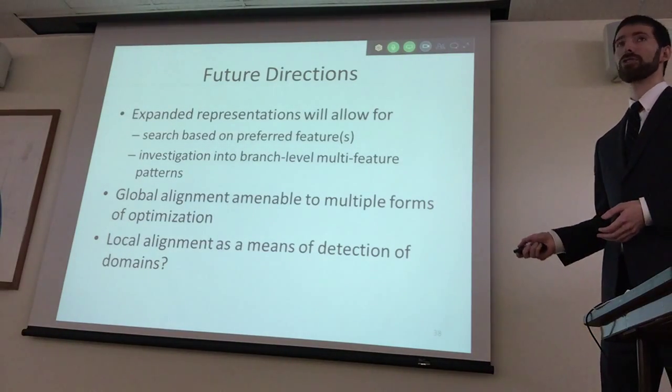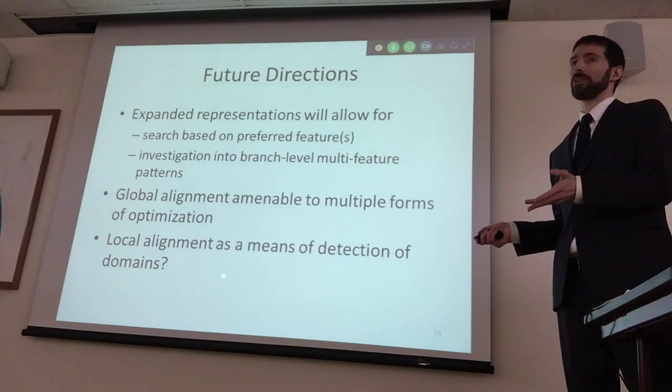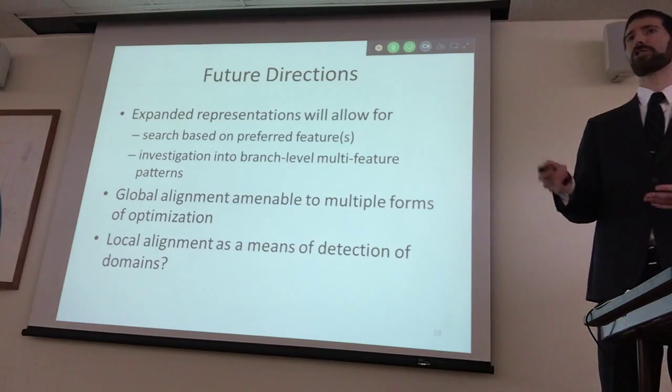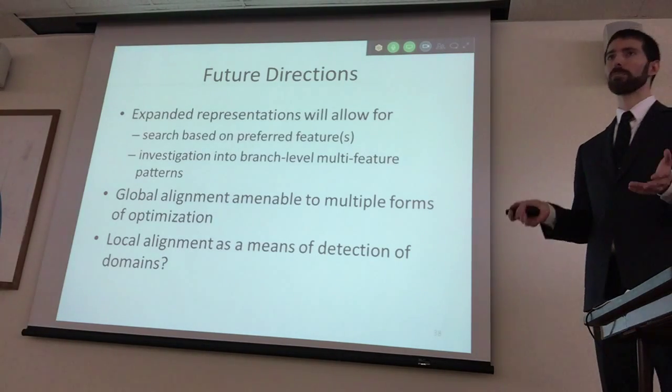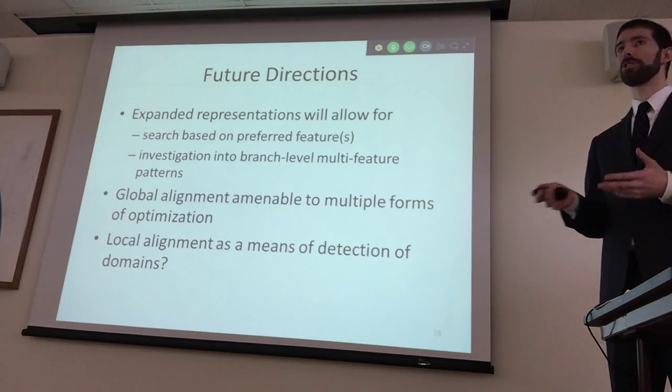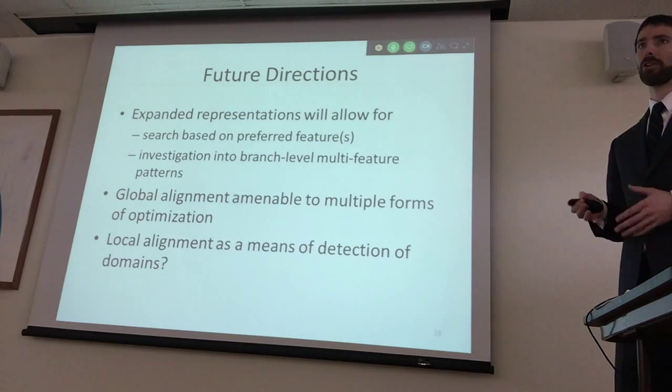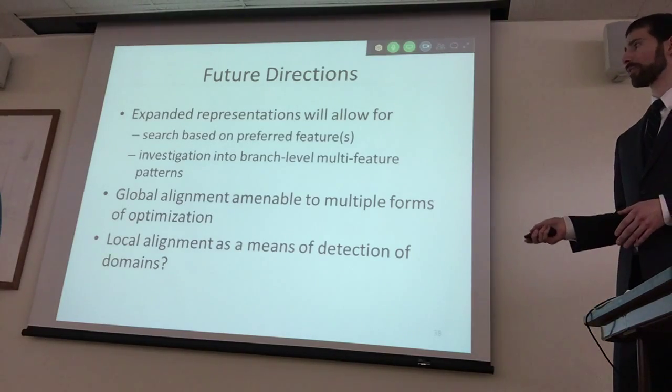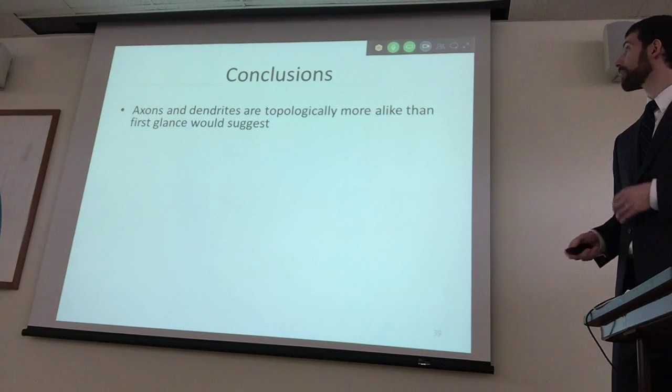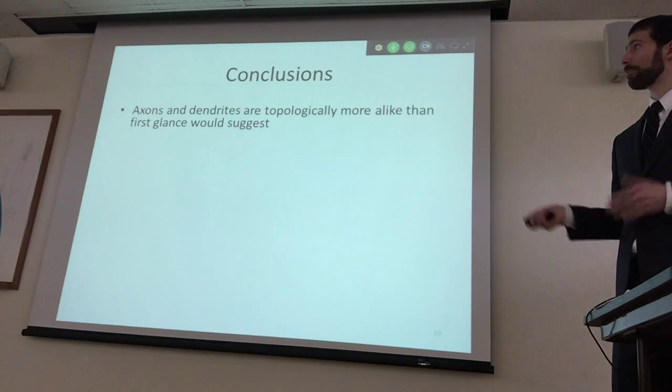And we can also easily create a local alignment process, which maybe could find domains, especially when we have more complete axons. There might be subregions that have some specific architecture to them that some sort of local alignment might give us. So just to wrap up,